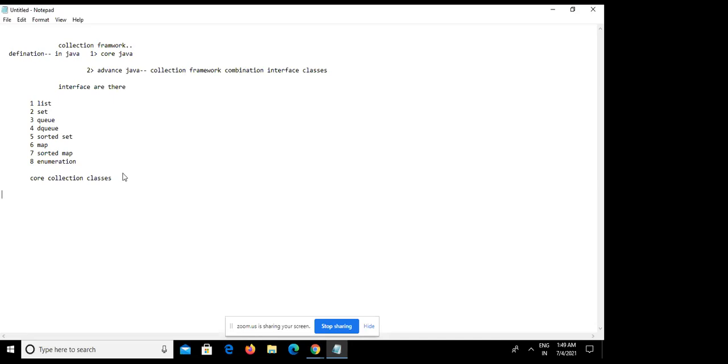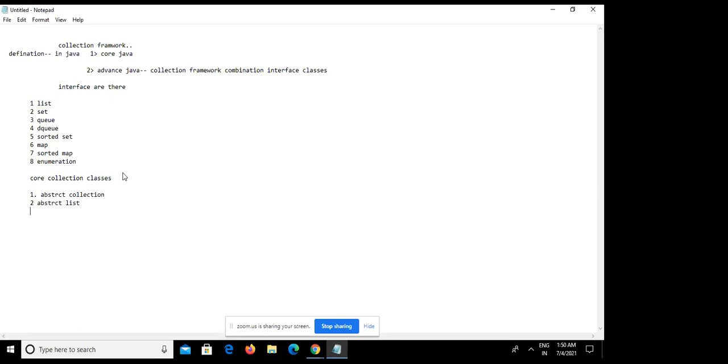So the core collection classes we have: the first is abstract collection. Many of you have not even heard these terms, abstract collection. And second, abstract list. These all are classes, they are not interfaces. So please focus on the huge difference between interface and class.